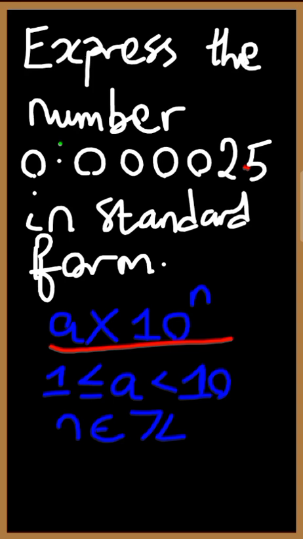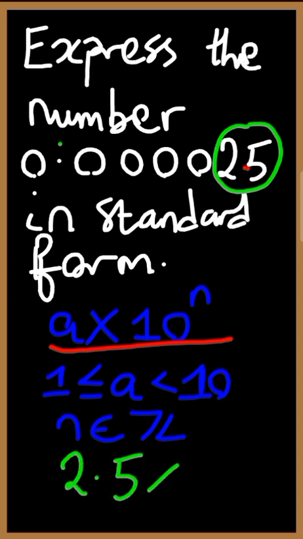Our a will simply be, we are going to copy this value after fixing the decimal point immediately after the first non-zero digit. This will give us 2.5 times 10 to the power